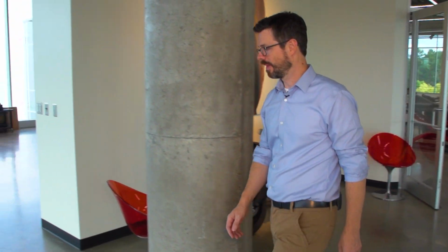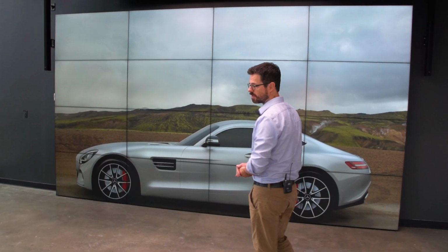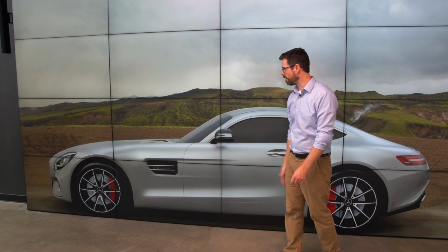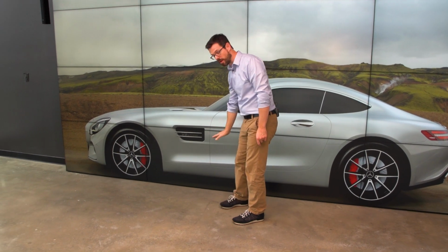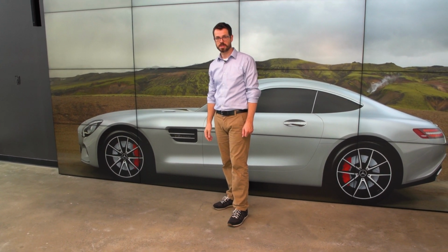Over this way, here we have the conference area and video wall where we can do digital presentations and full-scale renderings. As you can see here, I've put this rendering full scale and set it on the ground plane. So that was the reason for the digital screens. We just put them right on the floor and gives you a real good sense of proportion and scale in